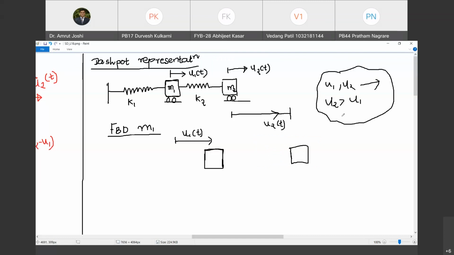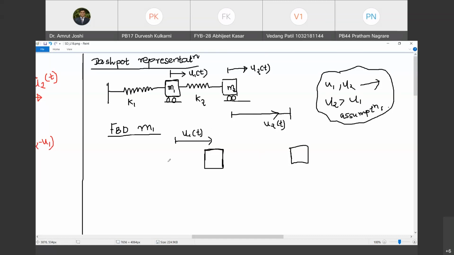But that doesn't make the problem specific. It is still a generalized problem. If any of these assumptions is not respected, then you will get a negative sign. So therefore, without loss of generality, I can make these assumptions.